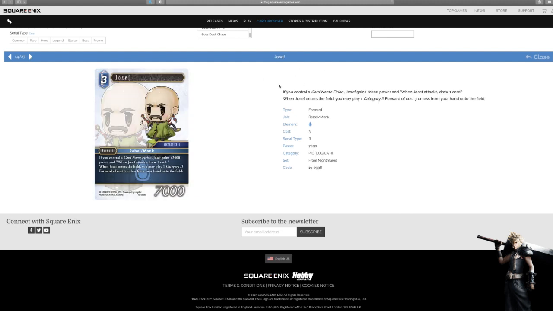Joseph, if you control a card named Furion, Joseph gains 2,000 power, and when Joseph attacks, draw a card. When Joseph enters the field, you may play a category 2 forward of cost 3 or less onto the field. This Joseph, my biggest problem is his name is Joseph, right? Because Joseph is our rebel searcher,